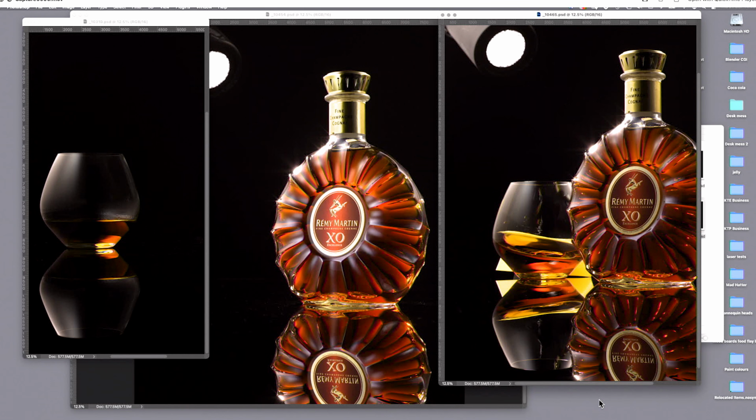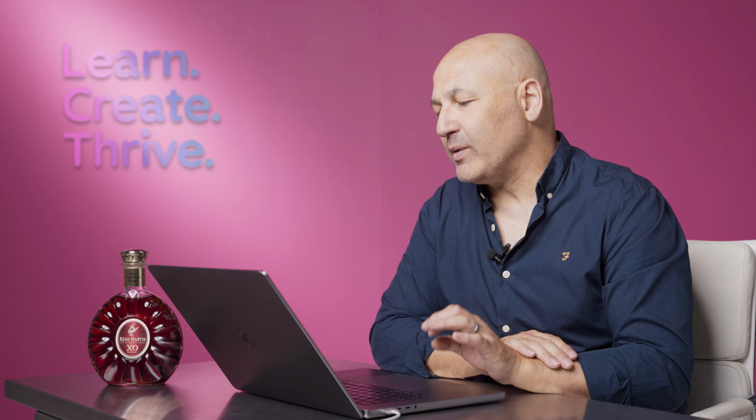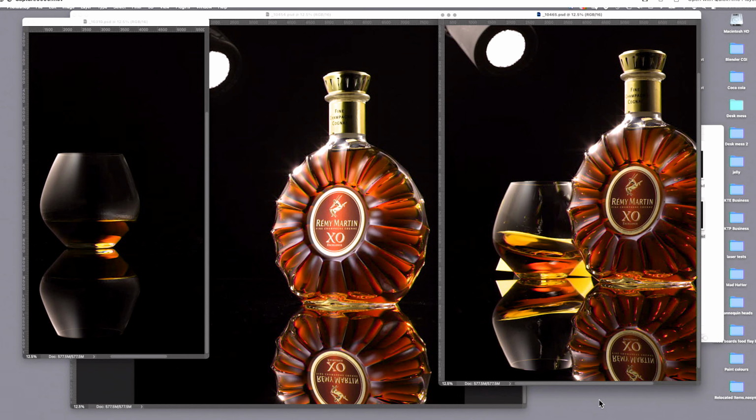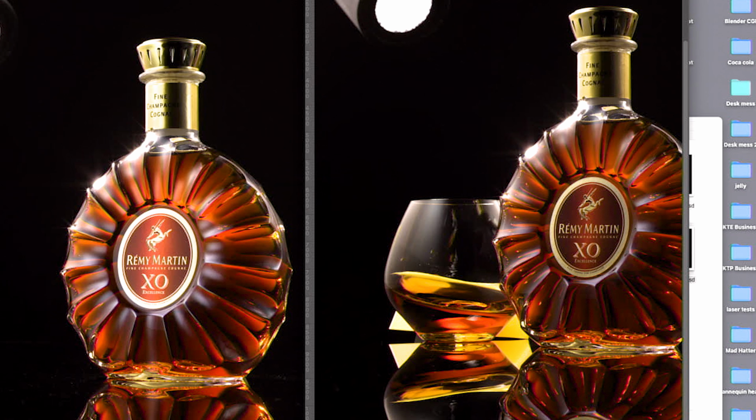And this is where I introduced the glass in the shot. I wanted to shoot the glass with the bottle. So the glass has now been placed in position, and I just had my assistant quickly give it a swirl, and I've got a gold card behind the glass. And I'm just trying to capture the correct swirl with the correct amount of gold light coming through it, that I can then comp that glass into the main shot.